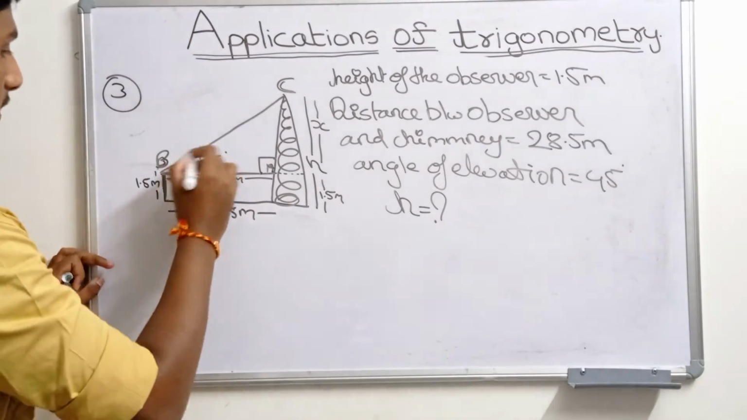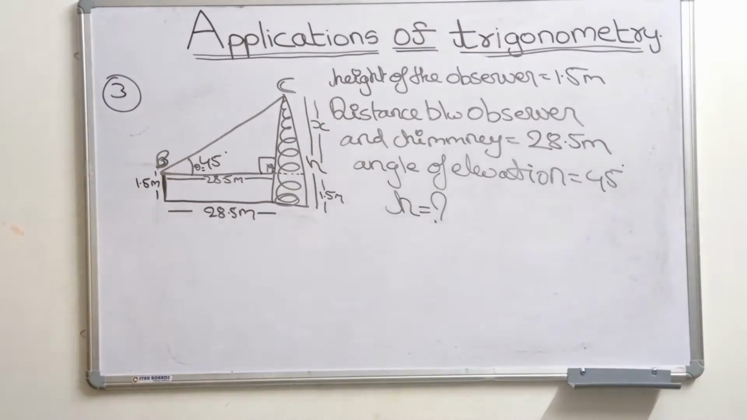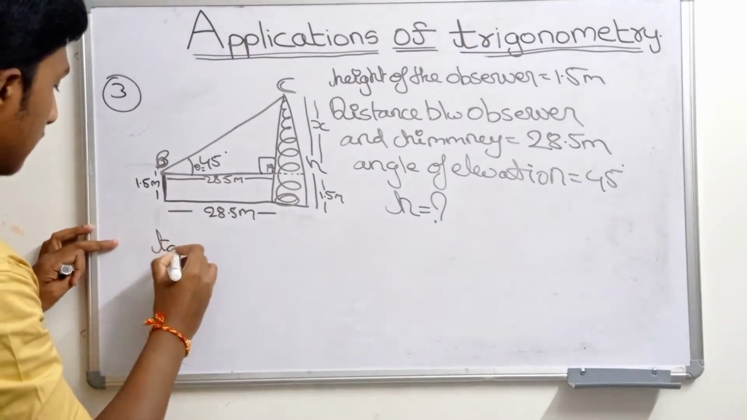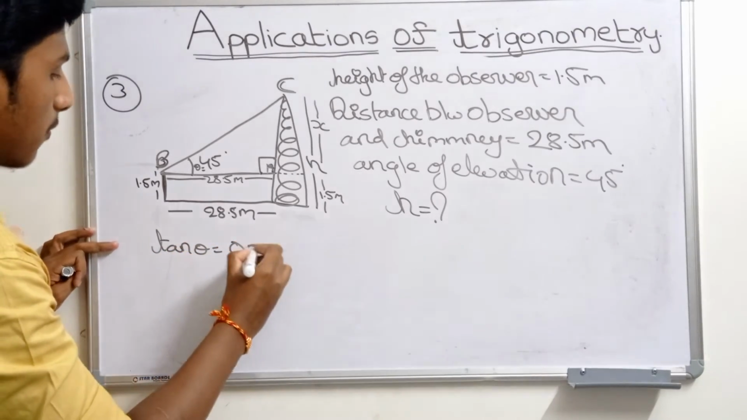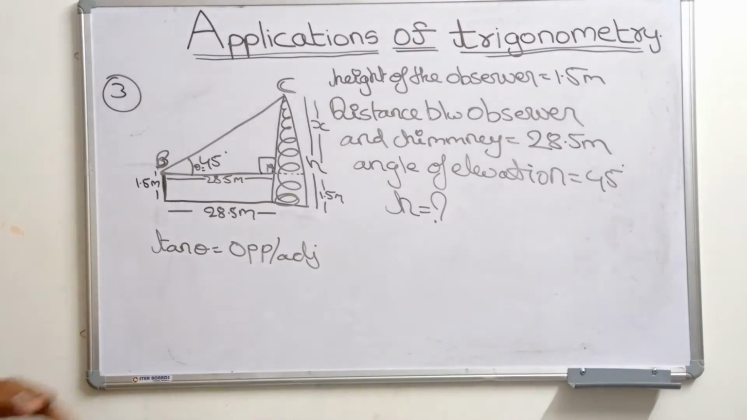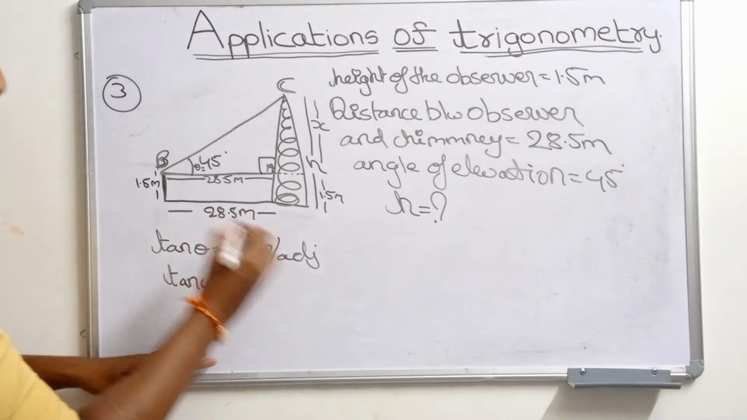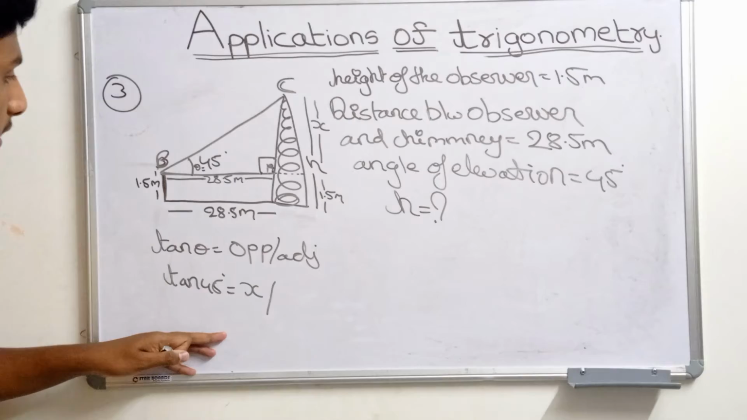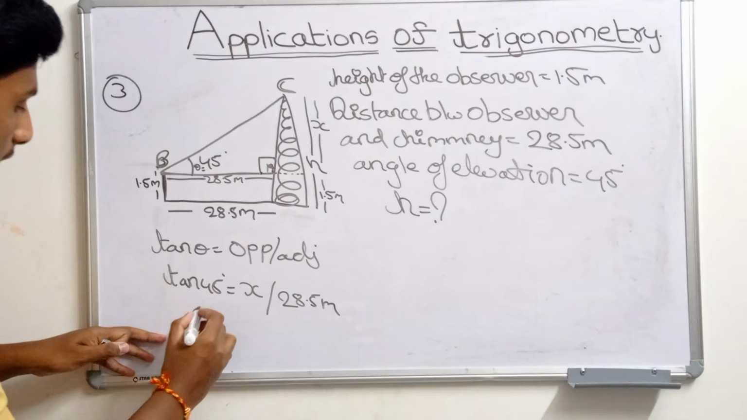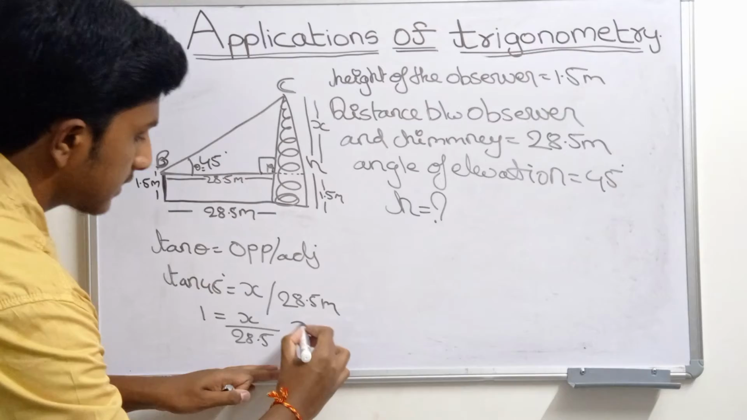So in triangle ABC, theta is the angle 45 degrees, opposite is x and adjacent is 28.5 meters. Tan theta is equal to opposite by adjacent, and tan 45 degrees is equal to x by adjacent, which is 28.5 meters. Then 1 is equal to x by 28.5 meters, and x is equal to